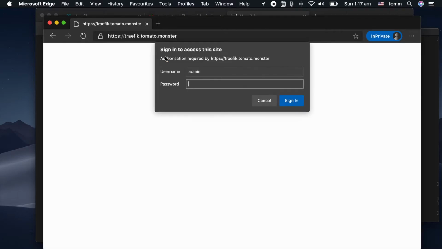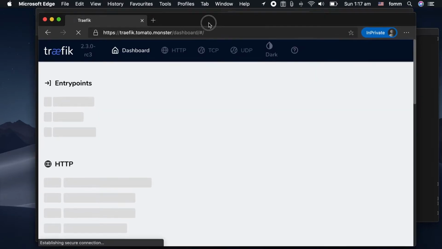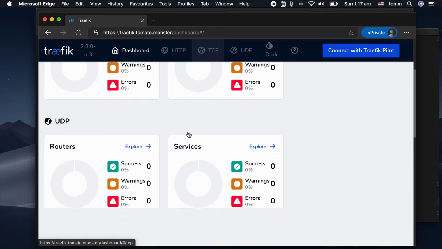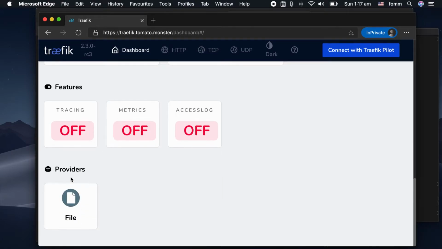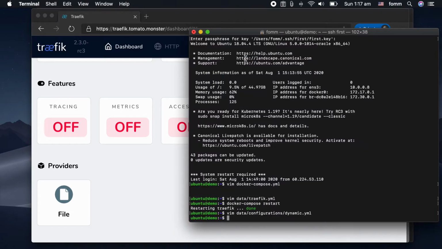Okay, as you can see, I can access the dashboard again with the basic auth. And for the provider, I only have the file provider here. So why do I use the file provider? There are a number of reasons. First of all,